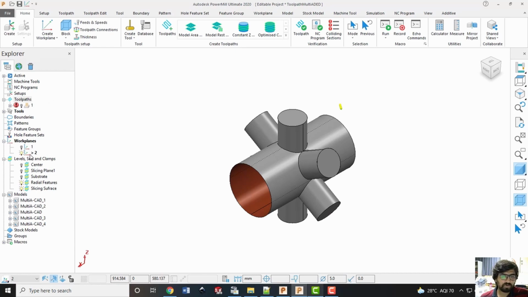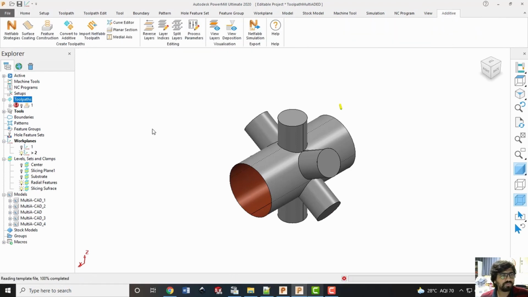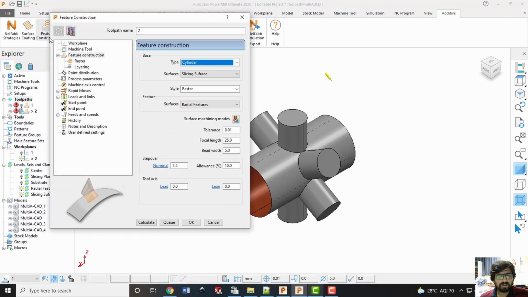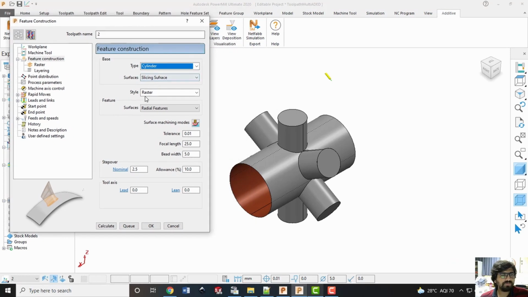The work plane is already activated and it has appropriately aligned the object now to deposit these radial features, and now we will create the tool path. So the tool path can be created in a similar fashion. We'll go to additive, go to feature constructions, and this window for the feature construction will pop up. Now the first thing, for the base we will select the cylinder now instead of plane.